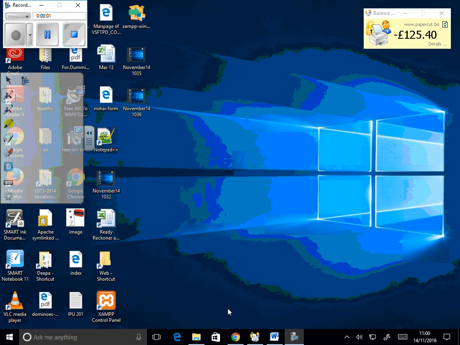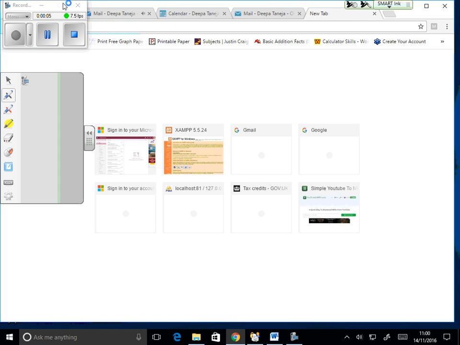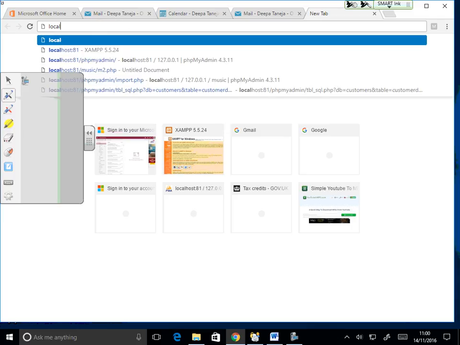I'm gonna start with creating a database, but before I go to my database, I need to check whether my server is working or not. So I am gonna try seeing my server, which is localhost.